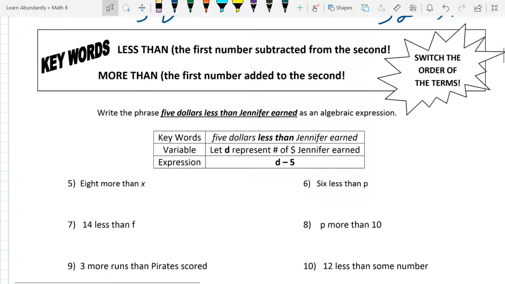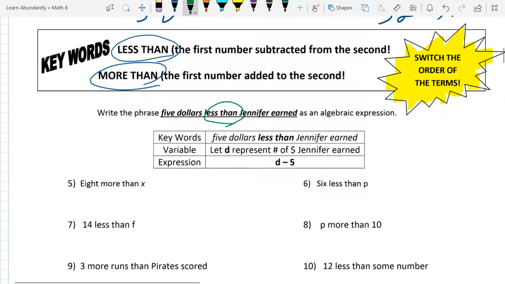Our next keywords are less than and more than. The thing with less than and more than is they're subtraction and addition, which you probably guessed, except these two switch the order of the terms. Very, very important that you get this. They switch the order of the terms. So, unlike difference and sum, when we use less than or more than, we have to put it in the other order. For example, the phrase $5 less than Jennifer earned,